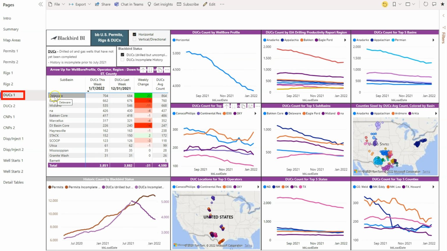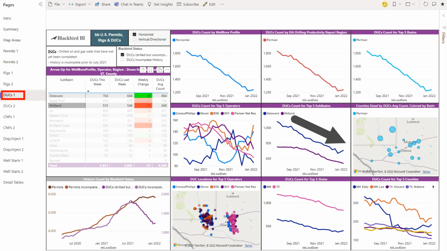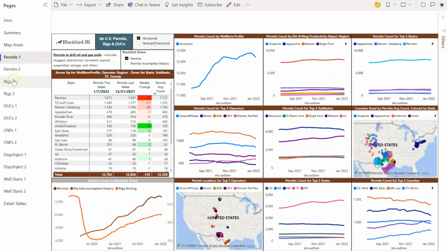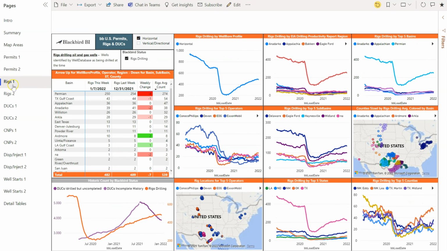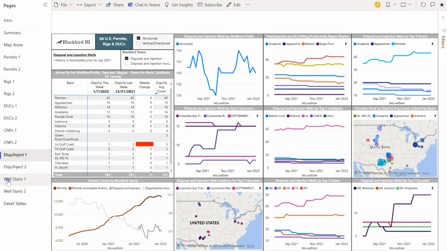Hold Control and click multiple selections to quickly analyze areas together or against each other. Looks like Delaware and Midland DUCs are still generally heading lower, but it might be finally starting to flatten out. These other categories can be analyzed the same way, including drilling permits, rigs, completed wells not producing, disposal wells, and